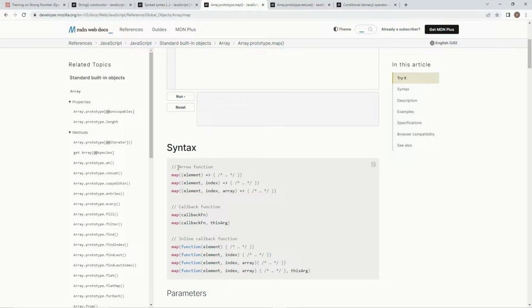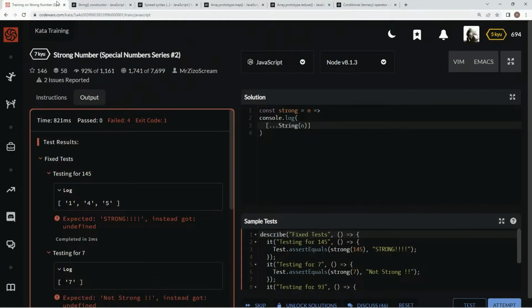The syntax we're going to use is arrow function syntax with element as the argument, then an arrow and an expression after that. So we're going to say .map